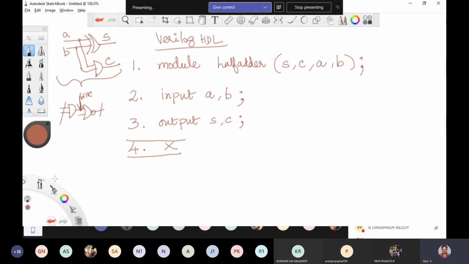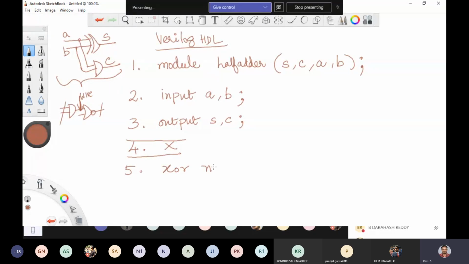Now fifth line of your Verilog HDL, you have to represent how many logic gates are there. For that, you have to call the inbuilt primitives. Now I have 2 logic gates for making half adder. Let me use first primitive XOR. It says XOR is the logic gate I'm going to use.